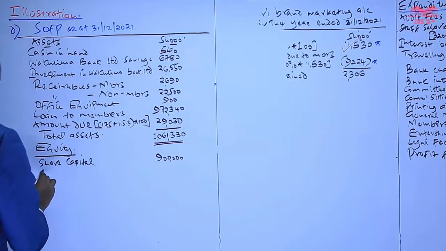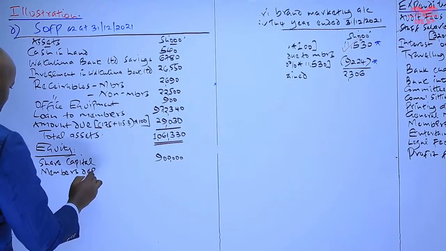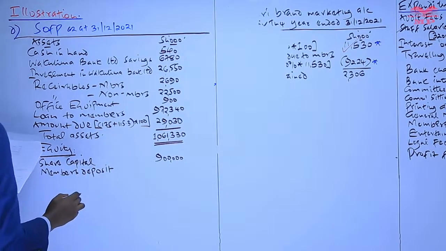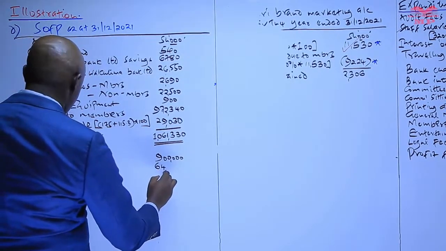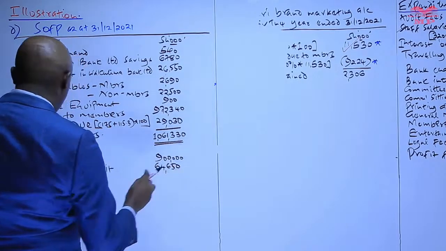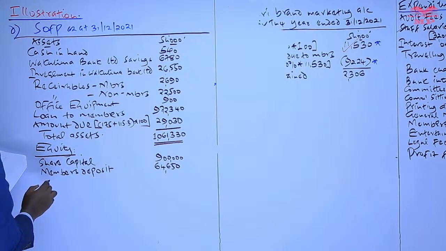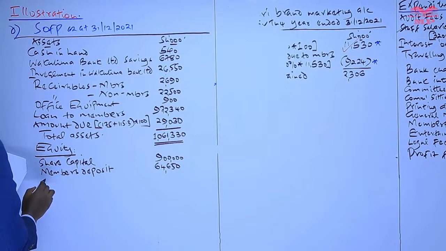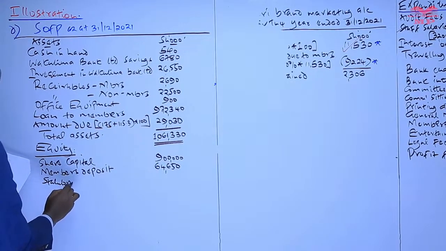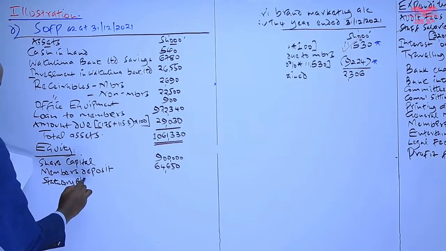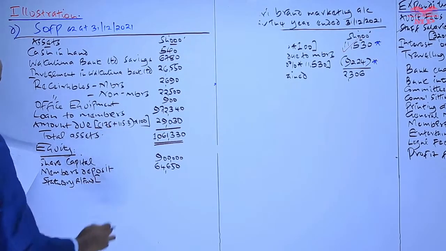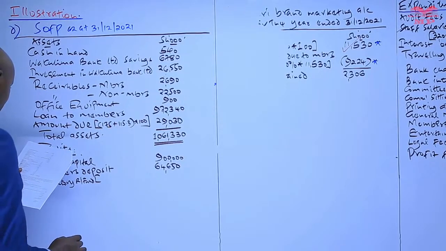So then below that we have members' deposit, which is a figure of 64,650. Yes, and then from there we have various items of reserves, starting with, just above the share capital entrance fee, the statutory reserve fund. This one will need to be adjusted because whatever you are given there as a statutory reserve fund, this